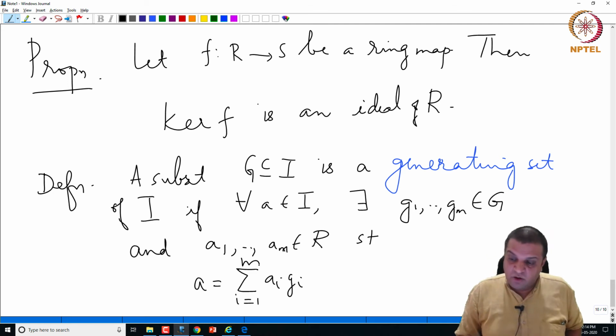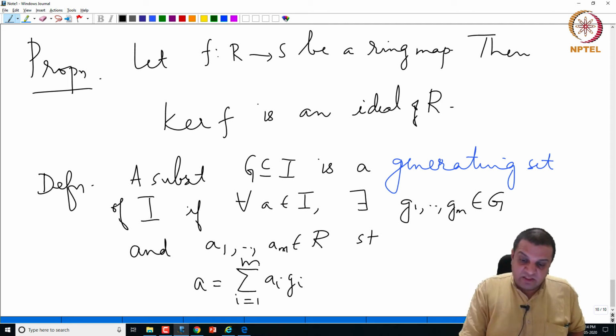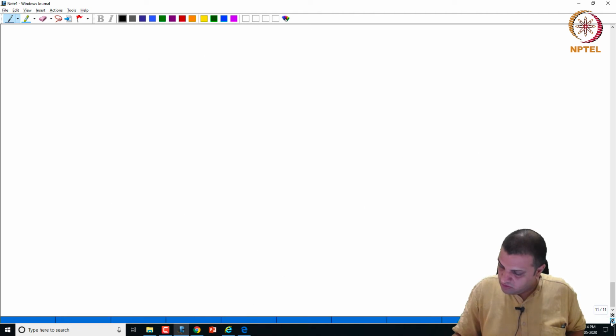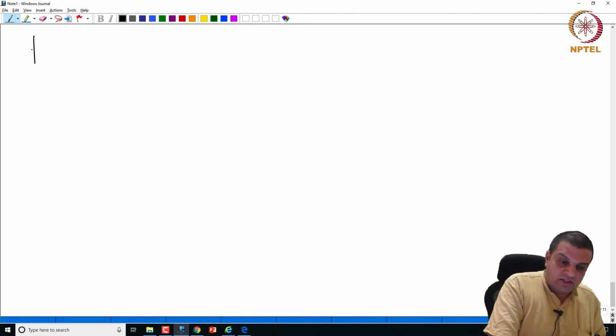So such a set is called a generating set. The set itself could be infinite; we have not required it to be finite. However, for every a, we have a finite subset with this property. A generating set is said to be minimal